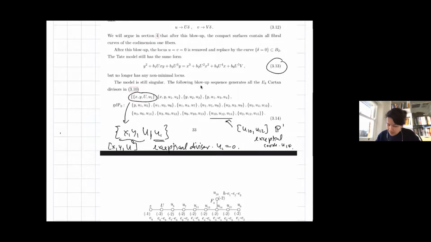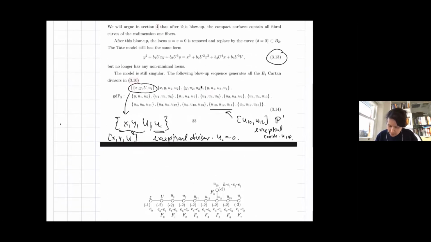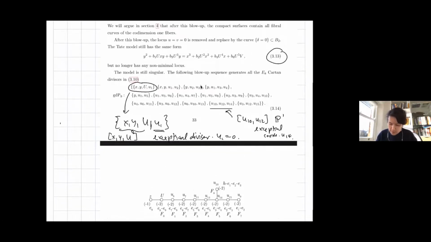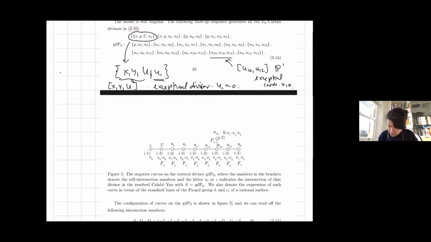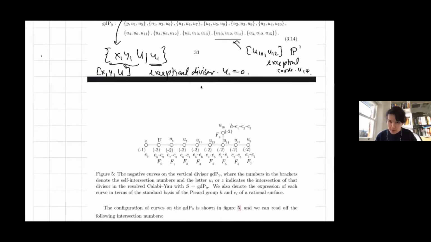And at the end of this, I'm sparing you the result of the equation. All you need to know is the resolution. And this generates a surface. In fact, in this case, for the E string, for this particular blow-up, this generates a del Pezzo 9 surface. In fact, it has the collection of curves which is shown here in this diagram. So the key thing to note is the way you should think about this is there is a surface,